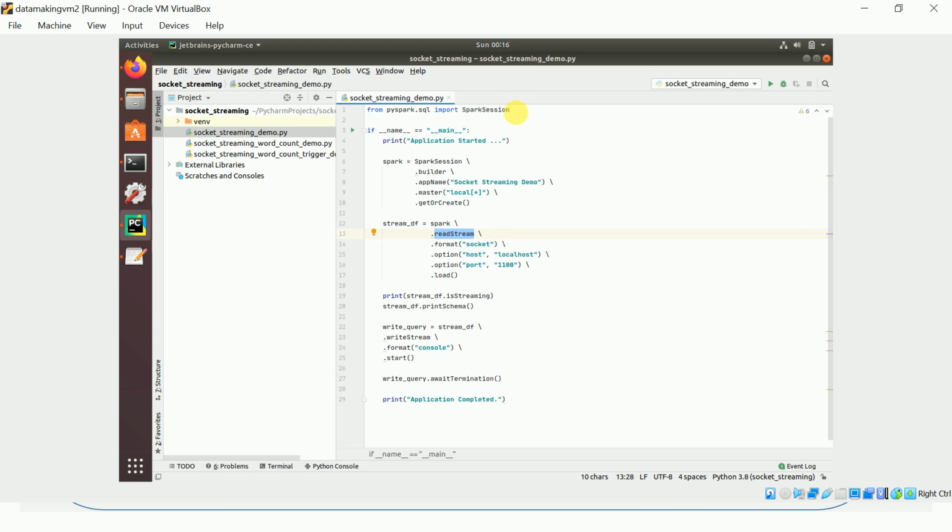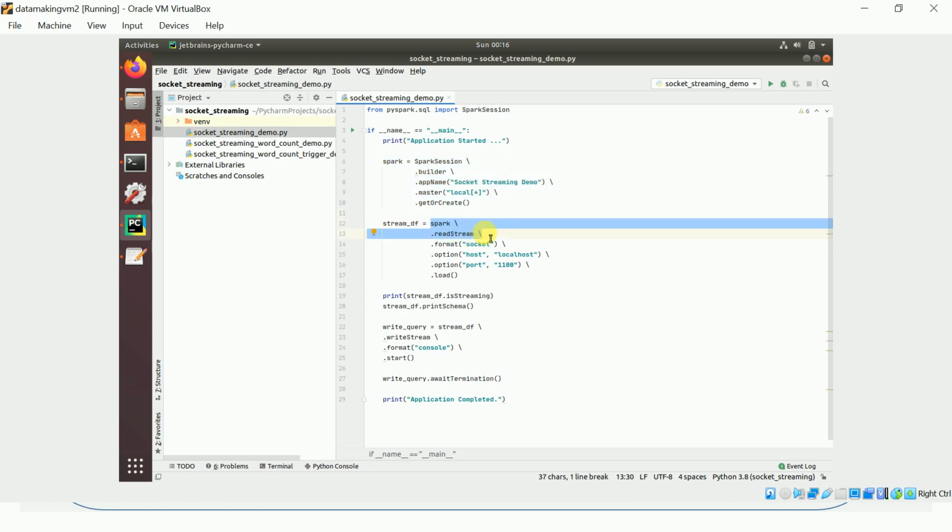Going back to the start, we import the SparkSession object from pyspark.sql, and this is the entry point of this program, like a main section. Then we are creating a Spark session object. I hope you are familiar with how to create a Spark session object using the builder method, where we can pass the application name and the master URL.